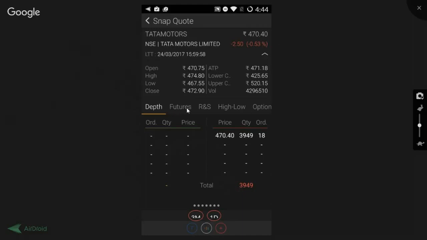There are many other features in the snapshot, and these are some advanced features, and we're running out of time, so we'll take this in the next webinar again. So this is for the snapshot. If you want to know the open, high, low, close, you just have to click on Q, and you get it everywhere when you go to search a script or anything. As easy as that. I hope everybody is clear with the Q part, that is the snapshot.